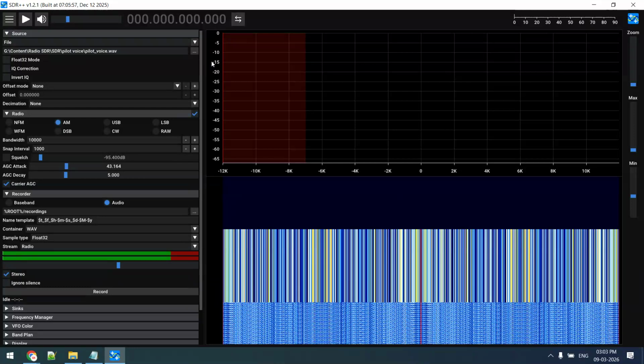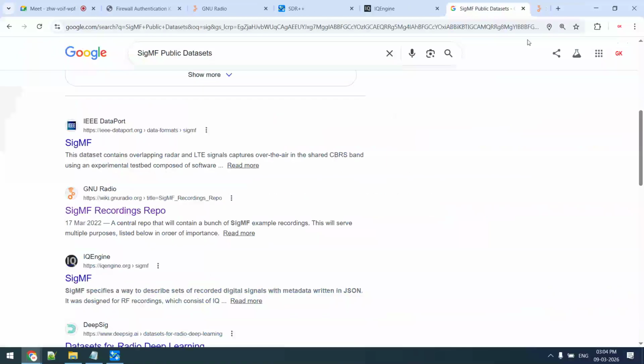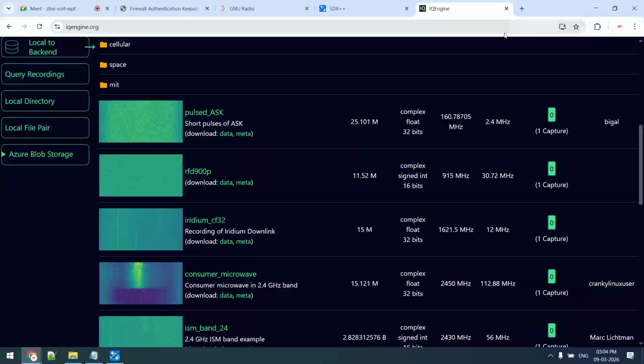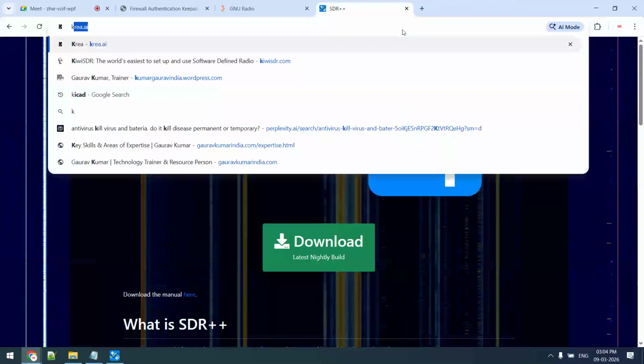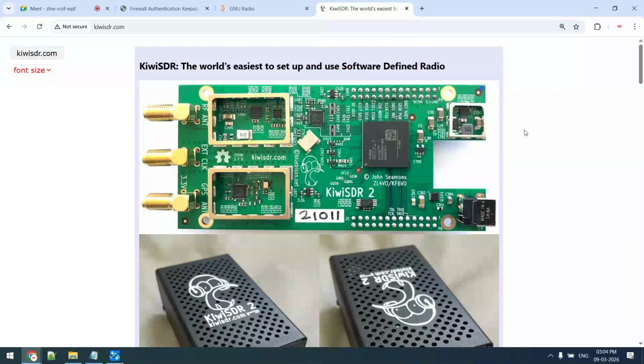And second is actual dongles, which come in a different range, 10,000, if you want to transmit signals as well as receive signals. But for demonstration, this is the website, and using this I will show how to use SDR for your research work. This is known as online SDR,